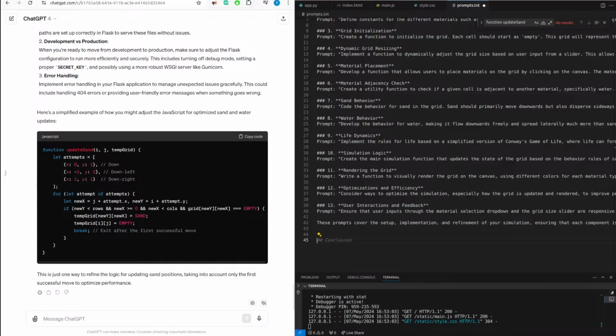This could include handling 404 errors or providing user-friendly error messages when something goes wrong. Here's a simplified example of how you might